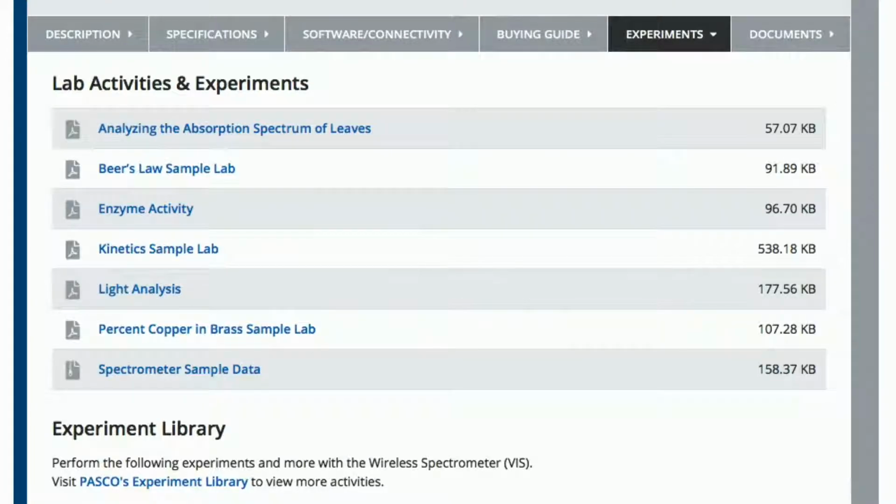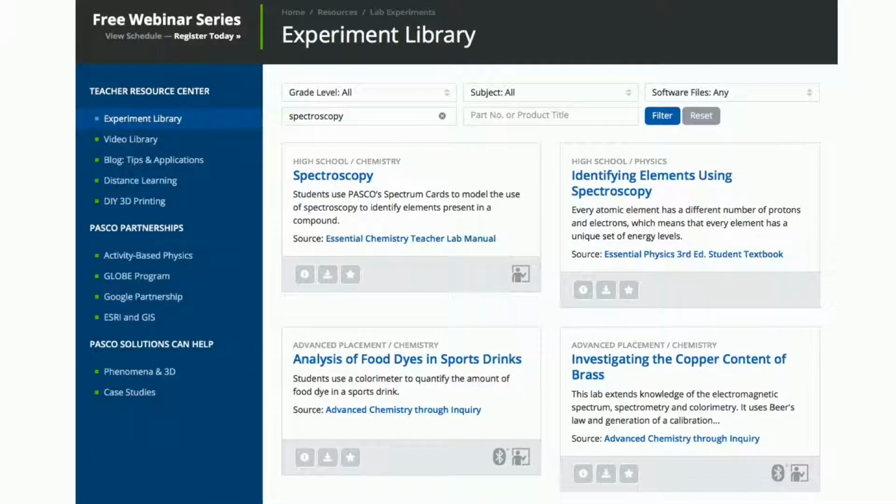And you might be thinking, how can I get that lab? We have them for you already, actually. The experiments that I was showing you with the spectrometer, which is analyzing the absorption, analyzing the spectrum of leaves, you can find right at our website. If you go to the spectrometer website and open up the experiments tab, you will find all of these experiments and more available to you. Or just go to our experiment library, and if you type in colorimetry or spectroscopy, you're going to see a whole list of great activities that are available and